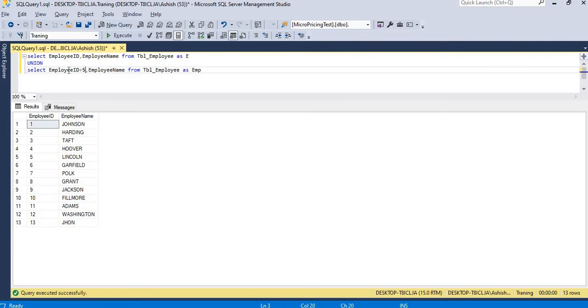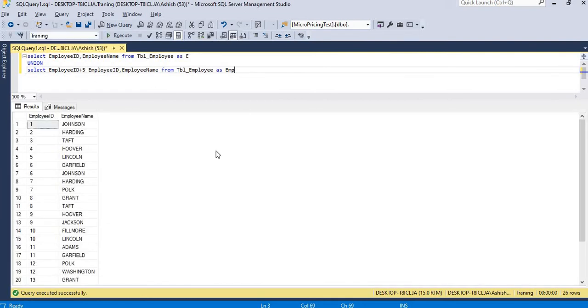For the differentiation, I am just making it plus 5, so that you can have multiple records. We have different records, so that's why we are getting them multiple times.